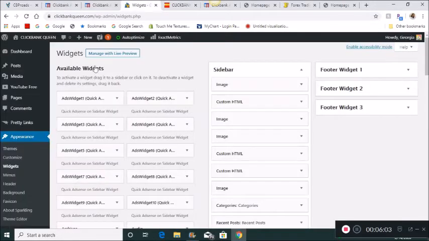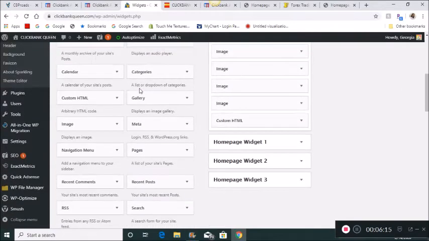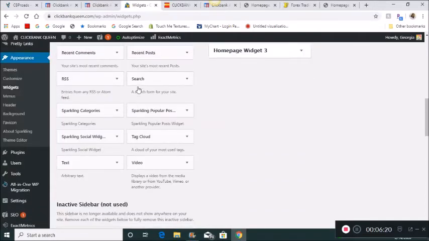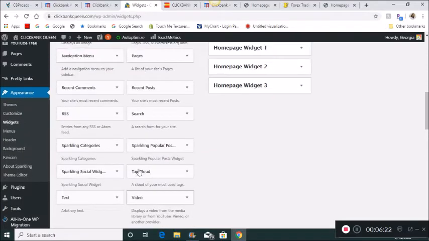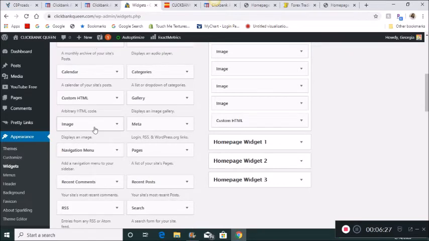So you come back over here to widgets, and you want to do an image. So where do you get an image bar in order to drop that image in? You scroll down to the bottom of your widget section, and you find, did I pass it? You find, yeah, here we are. You find on the left side the image box, and again, left click on that, and then drag it over